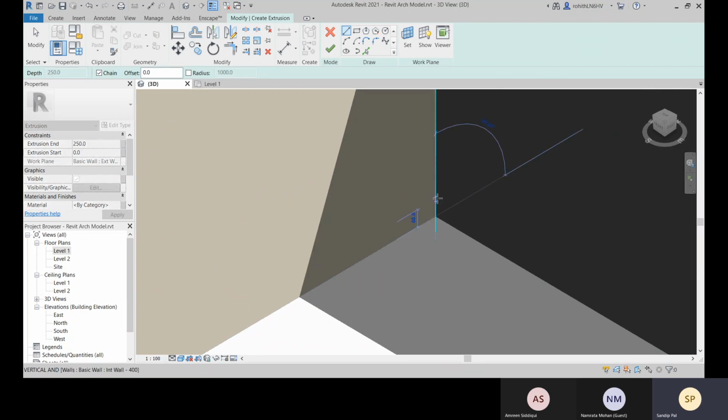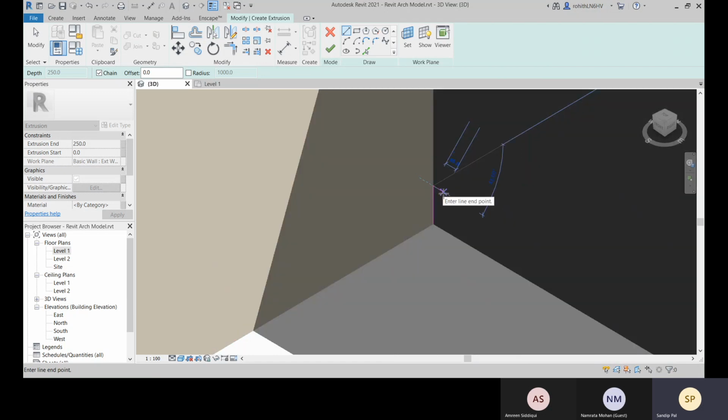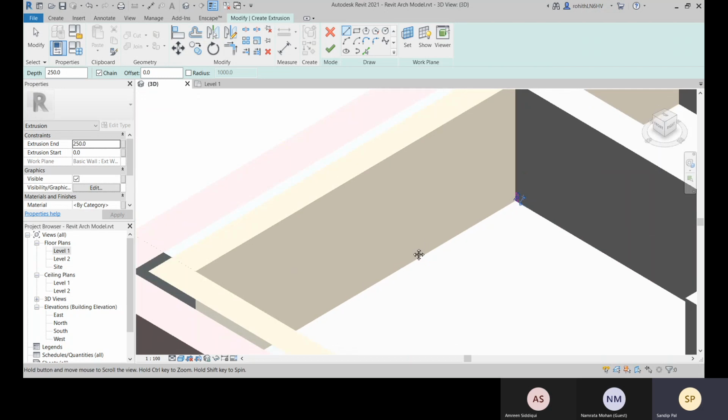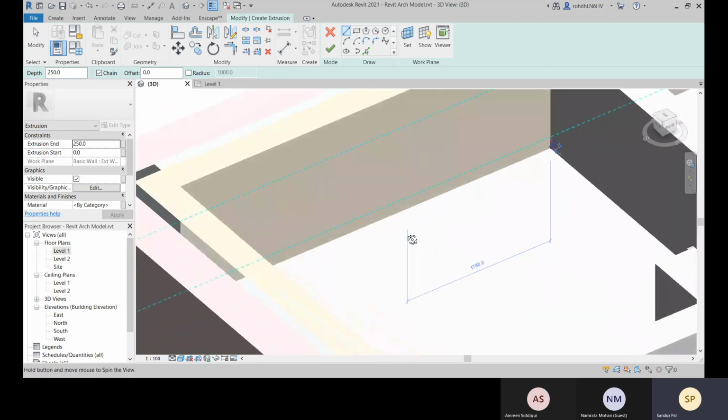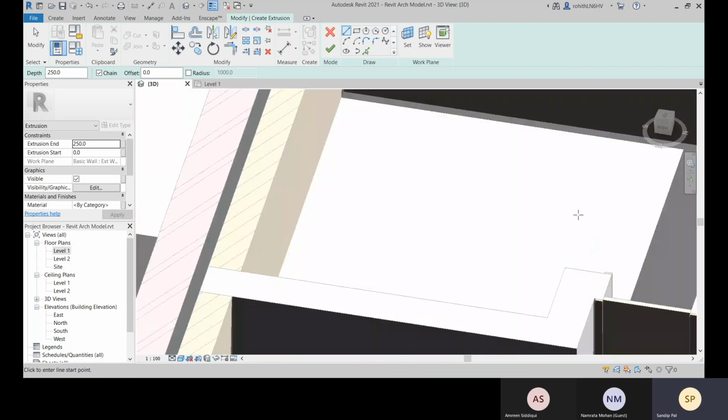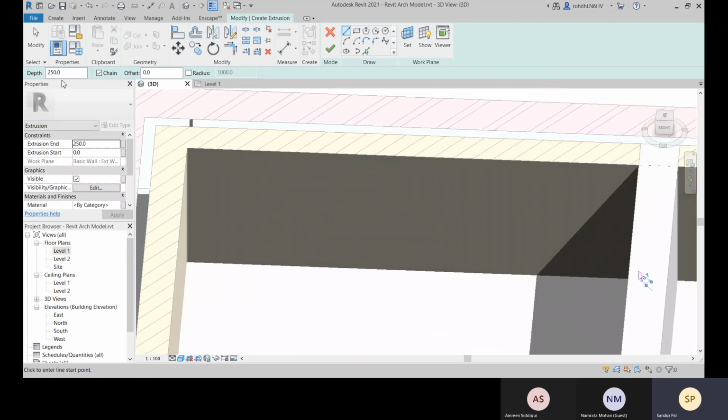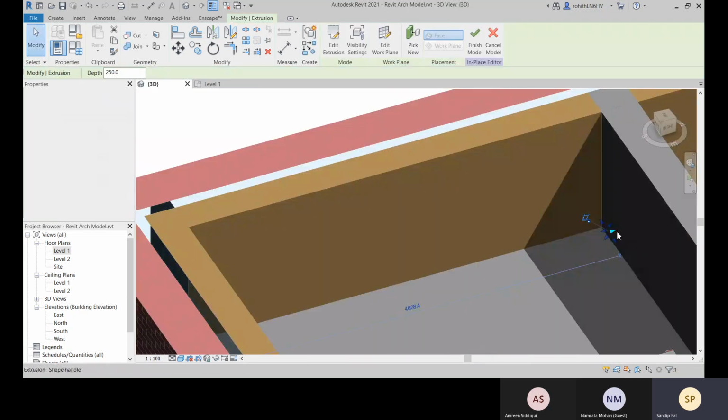All right, so let's create 100 and 45. Okay, and how much depth it will have, we can change after that also. So let's go with this default option, and there you can see.